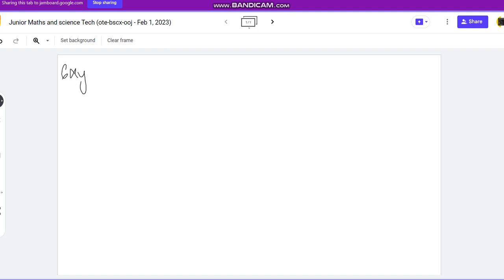have 6xy plus 15yz, and then here you'll just be asked to factorize. So when you factorize here, it's just a matter of removing a common factor between 6 and 15. Here it's just a matter of removing 3, and then looking at the variables, you see that y is repeating on both sides, meaning it will just be y, and then a 2x, and then plus 15 there, it will just be a 5z, and then